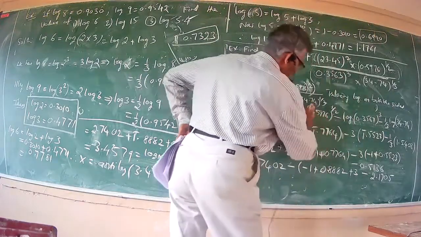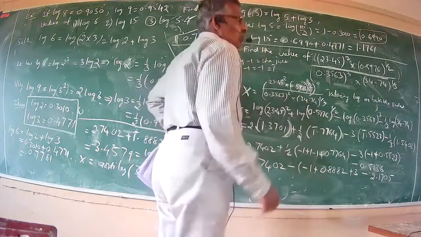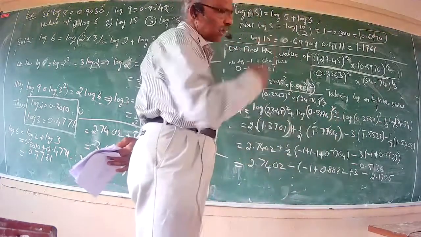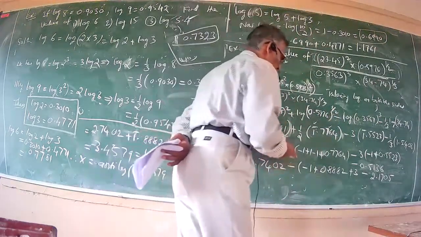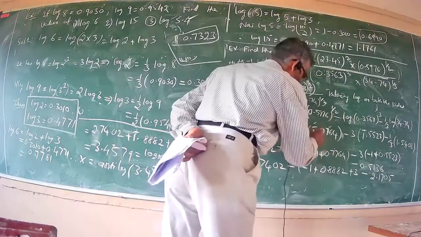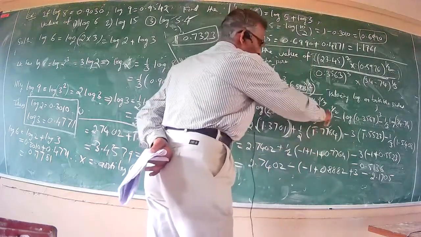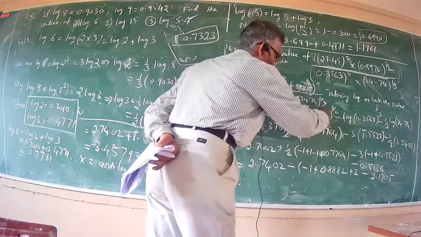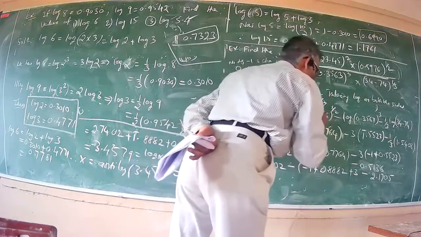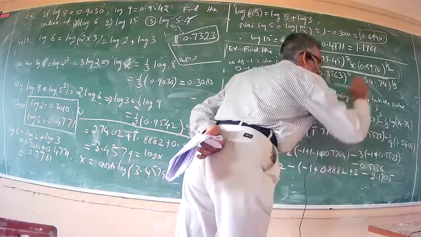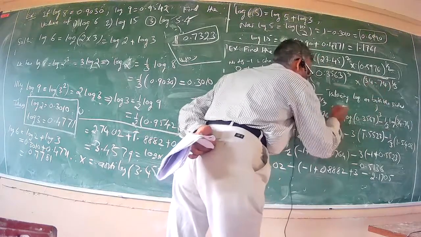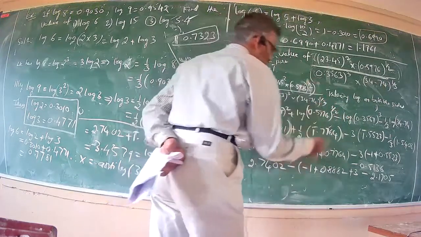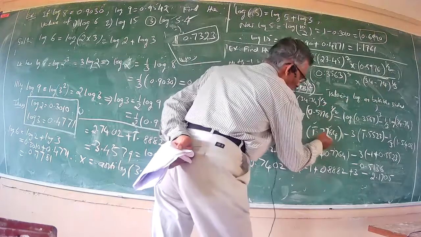Again the same rule: forget the decimal point. Go to the 59th row. This is the characteristic part, and this is the mantissa part. Mantissa means fraction; characteristic means the integer part. This is bar 1. Then go to the 59th row and move to the column headed by 7. Find that number. Still moving in the same line, come to the mean difference column and find the number in the column headed by 6. That number is added to this number, which gives you 0.7764.